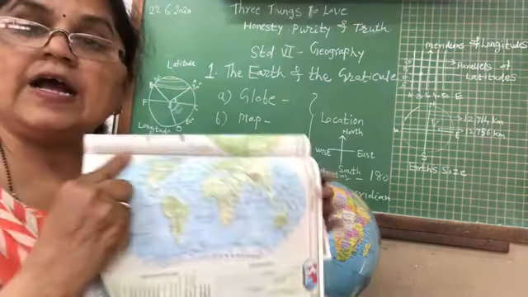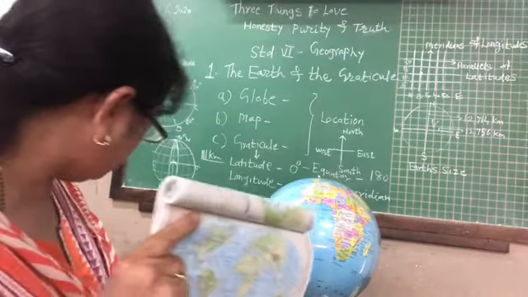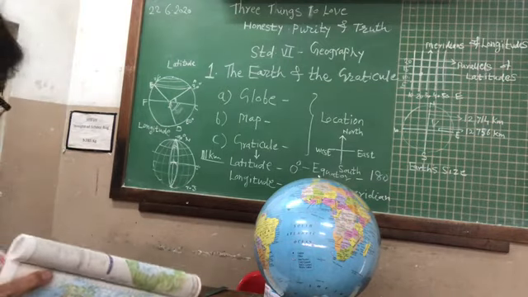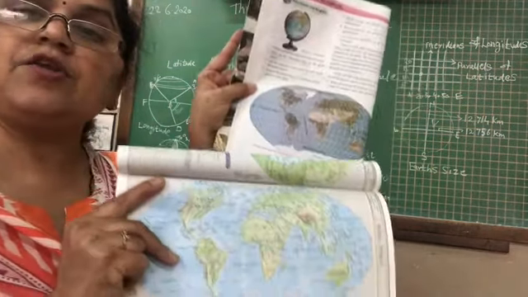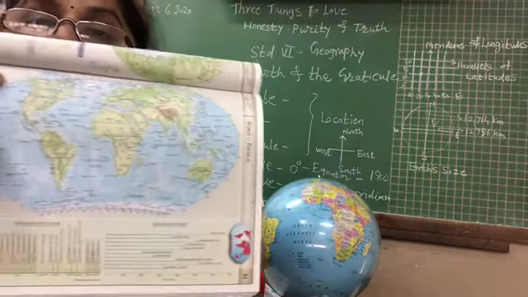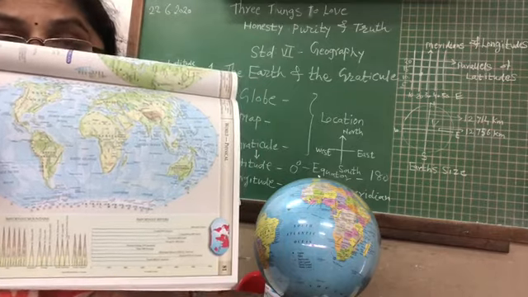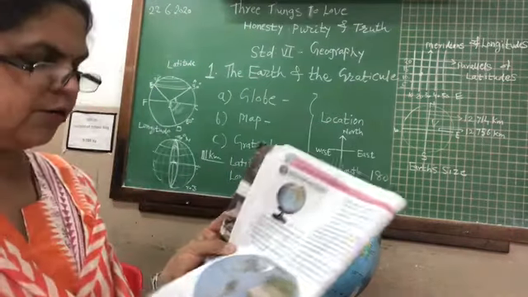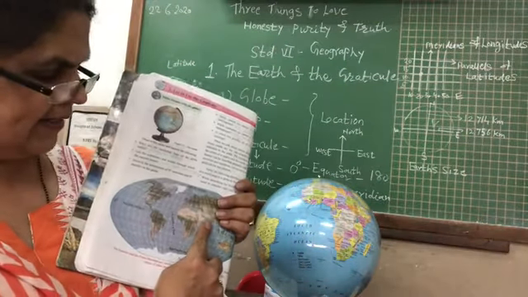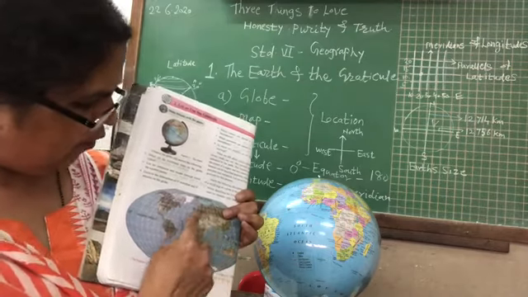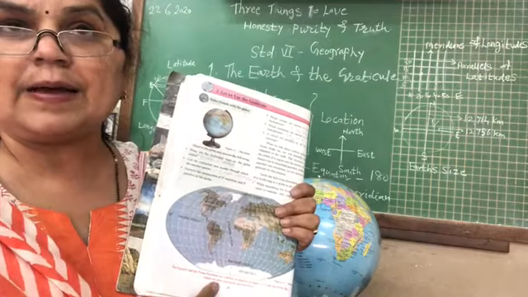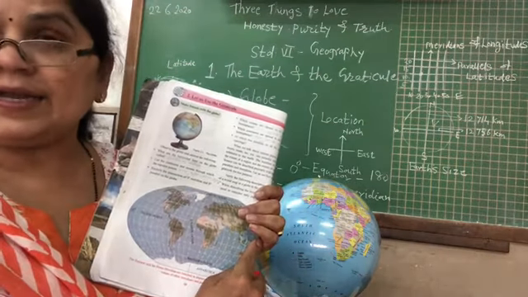If you have referred to the atlas or your book, this map on map number 10 shows how these lines are drawn. I'll take your textbook. I just wanted to show you how this is drawn on the world map. Now in your textbook you can see we have measured 10 degrees, 20 degrees, 30 degrees, measuring the distance at each point. Can you see these are semicircular lines? From the 0 degrees meridian, we are going to 180 degrees east.